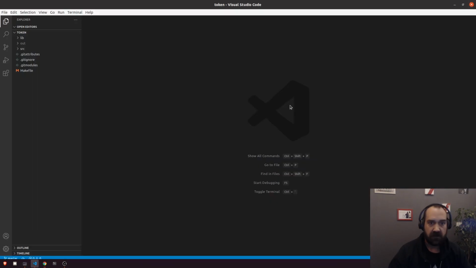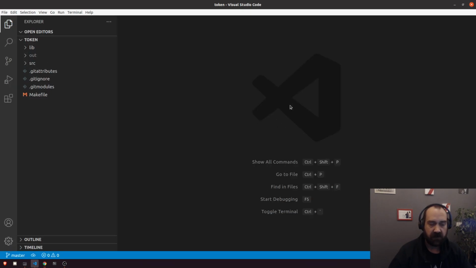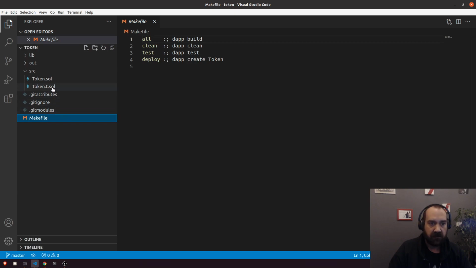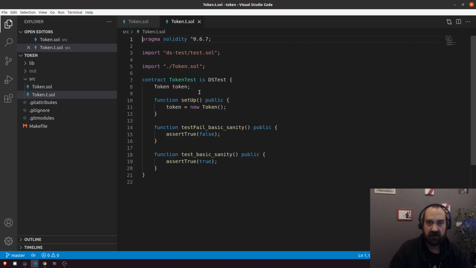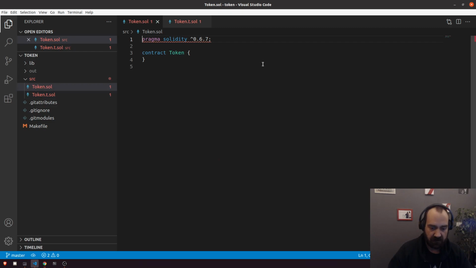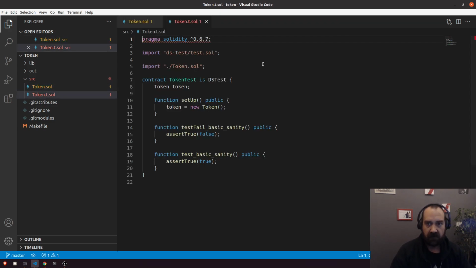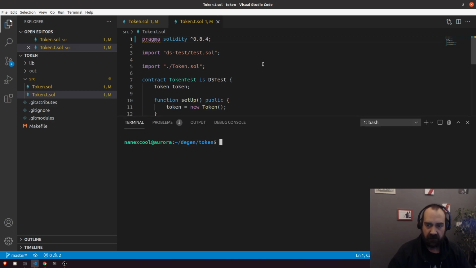So let's open Visual Studio Code, make it bigger. We have a makefile. We're not going to be using this. We have the token and a test for the token. So let's fix just a couple of things. First one, let's go 0.8.4 and 0.8.4 here as well. And maybe we can use this here. So dapp solc